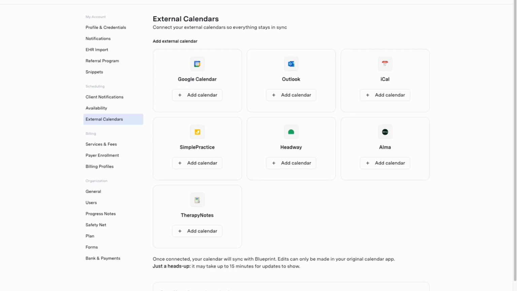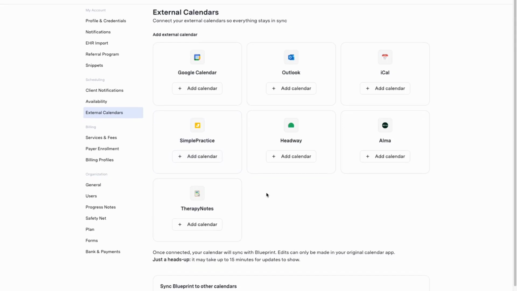Or the full settings menu. So just to comment on this briefly, you can link external calendars so that everything syncs up. They've got Google, Outlook, iCal, Simple Practice, Headway, Alma, and Therapy Notes. And that's super interesting that it will actually connect calendars from other EHRs, which again makes me wonder about the